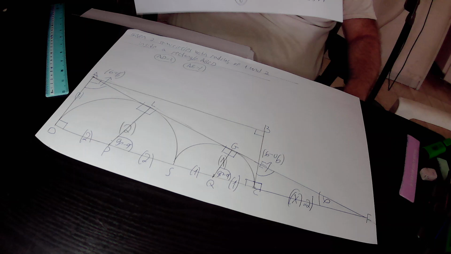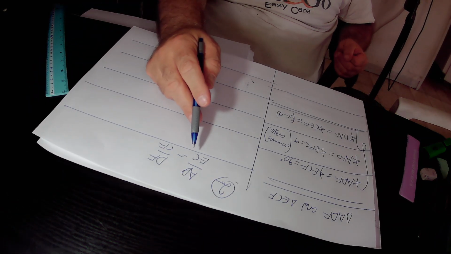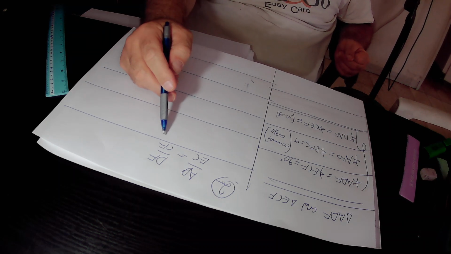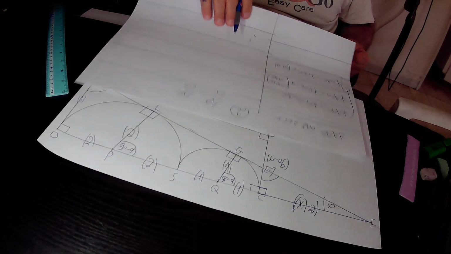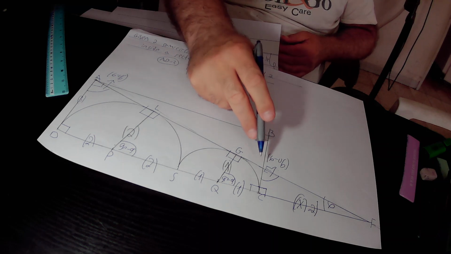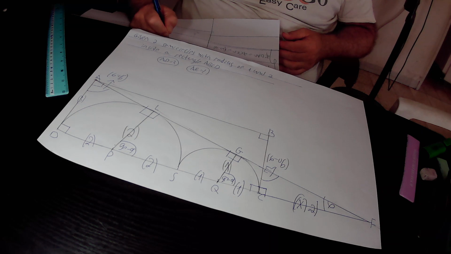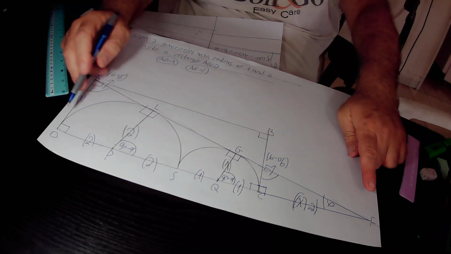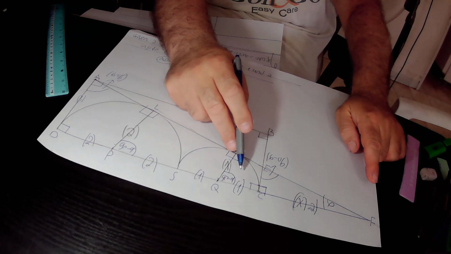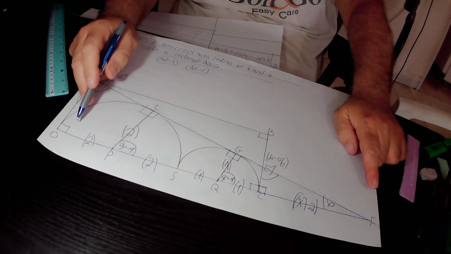I'll repeat again. We will derive that side AD in the big triangle over side EC in the small triangle equals side DF in the big triangle over side CF in the small triangle. AD equals 3 over EC. EC is the missing side, so we will leave it as it is. And it equals DF. DF in total equals 2 plus 2 plus 1 plus 1, that is in total 6 plus 2. 6 plus 2 is 8. So in total DF equals 8